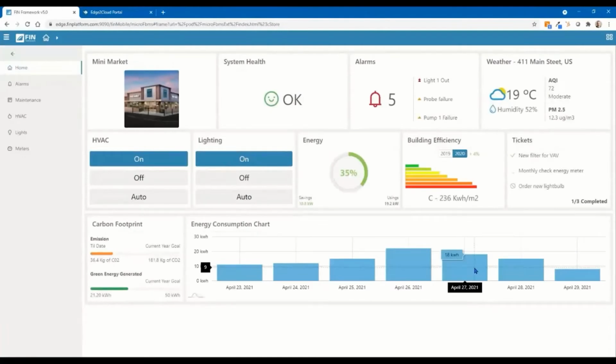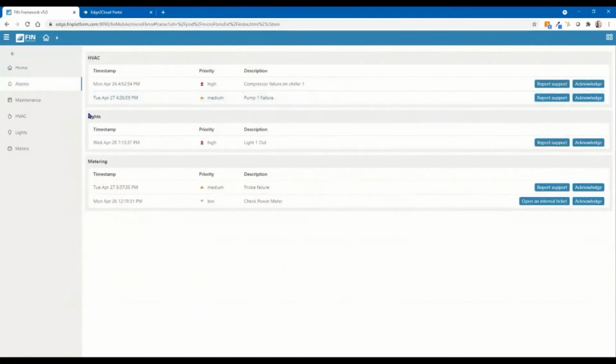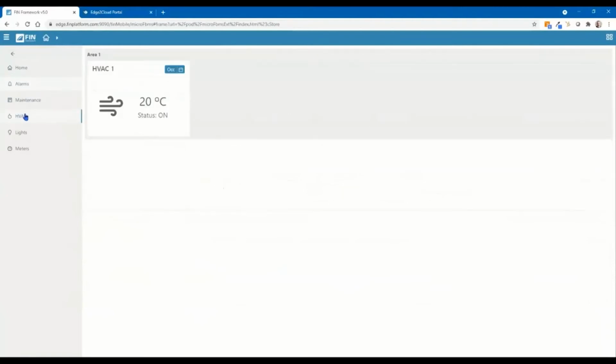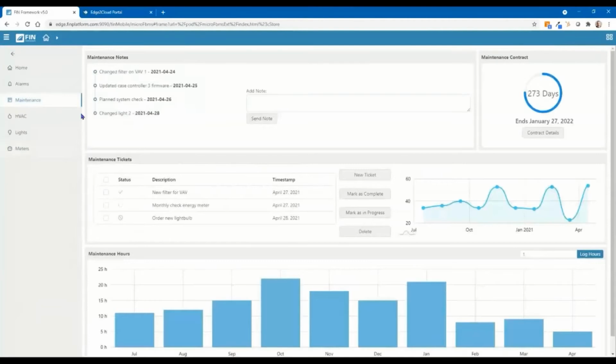So as we look at the dashboard, you'll see that the information we inputted in the builder is nicely represented as tiles. All these tiles are interactive, meaning that you can select any of them to reveal more data. As I select the alarm, you'll see that the corresponding button on the navigation panel is selected as well. So on the navigation panel, we can dive into HVAC, we can get into the lights, and we can look at meters as well. We can also take a look at the maintenance screen, which provides an opportunity to make notes or even open and close tickets.